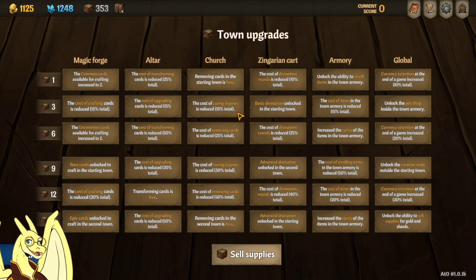But the cost of curing injuries, which are red cards like Death's Door or Burns or Acid Spits or whatever, usually from failing events, you'll get the injuries. So reducing the cost of those isn't bad. And then removing cards is reduced total by 25%. That's for all cards. Again, I'm not sure if these two stack together or injuries and cards are the same thing. And the Zingarian cart reduces cost of divination rounds,